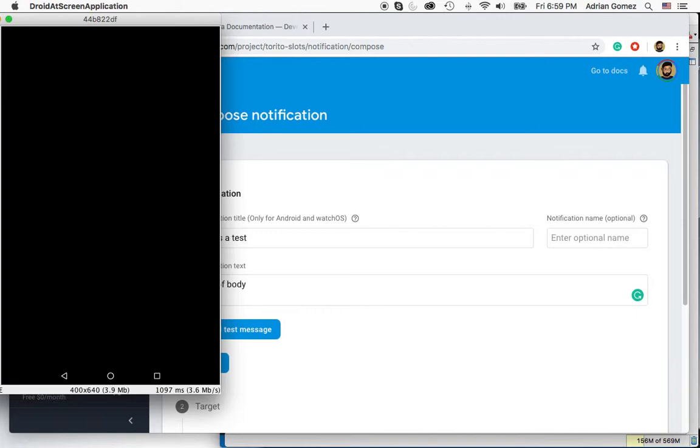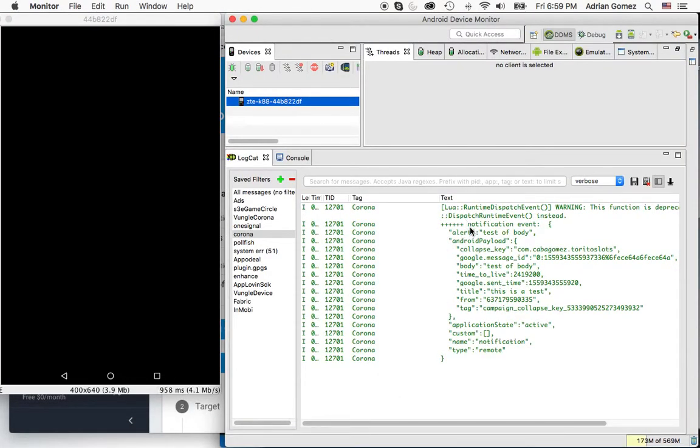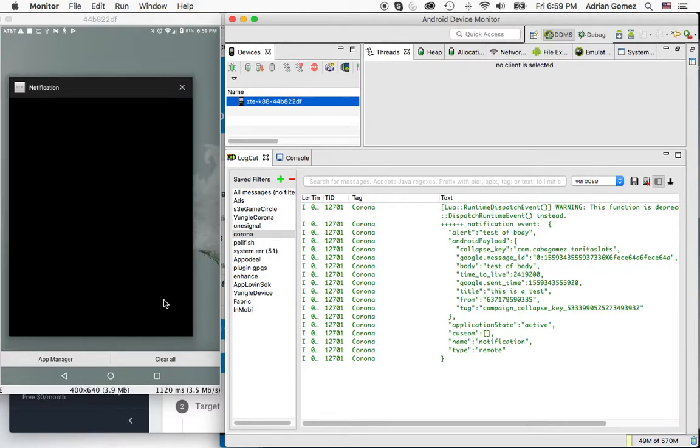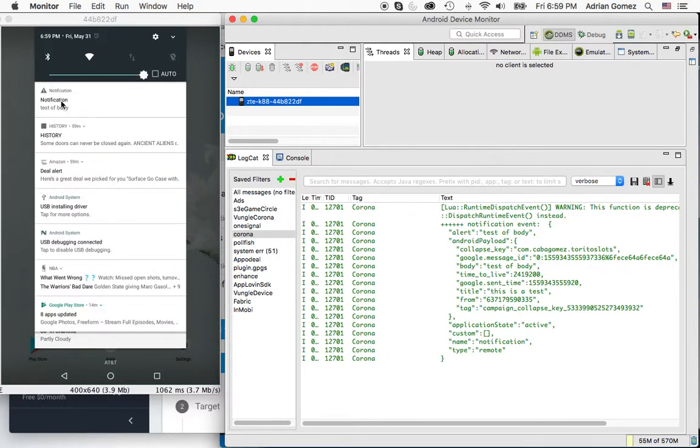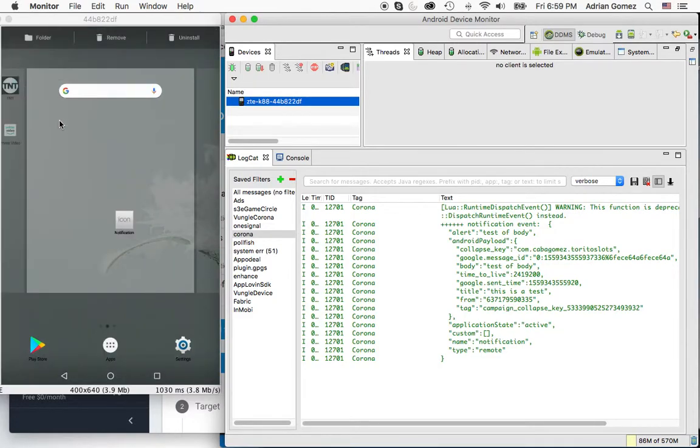And we shouldn't see anything there, but if we look at the logs, you see that we got the notification. Test of body is the alert. The body, the title, this is the test. And I believe it also shows up as a notification up here. See it? Notification, test the body. Okay. So I swiped left on the app, so